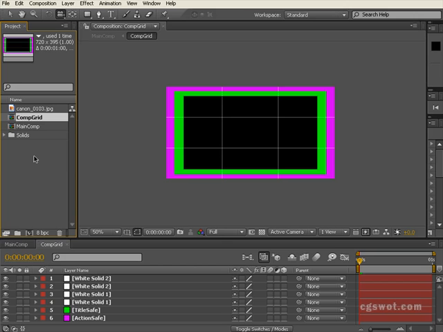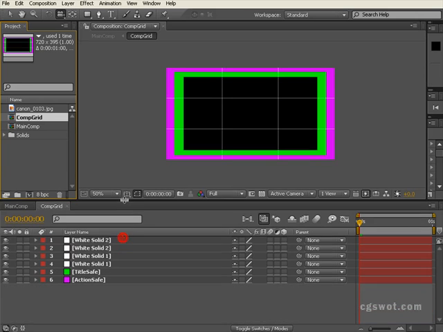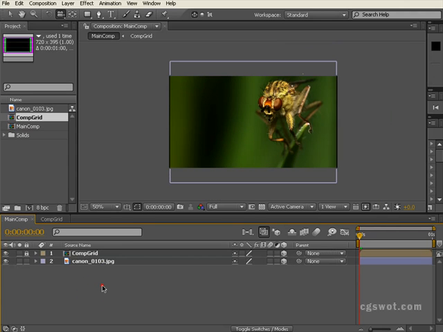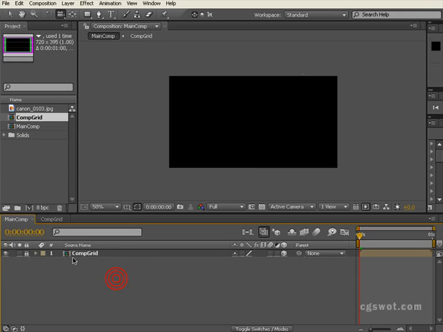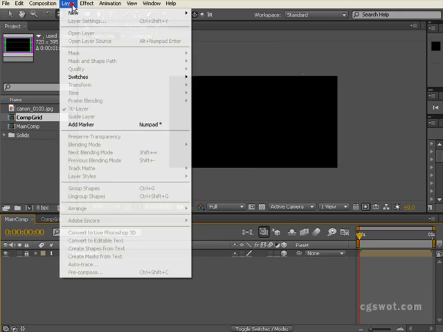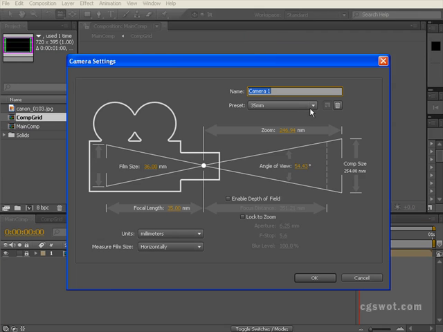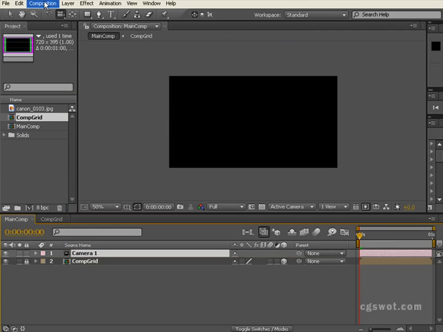and you should be able to just import the comp grid into your own work. Now, I did mention before though, if we did have a different camera, say we go to our main comp here, and I'll reset, I'll just delete the camera actually, and I'll delete the image. So we've just got our comp grid here. I'm going to bring in a new camera, and I'm going to change the main comp